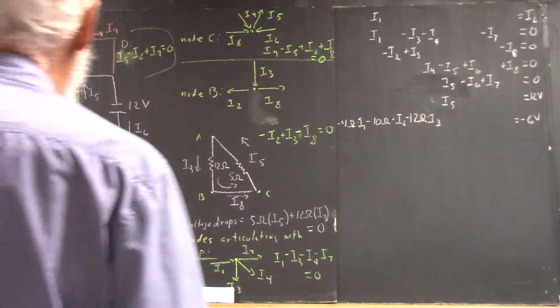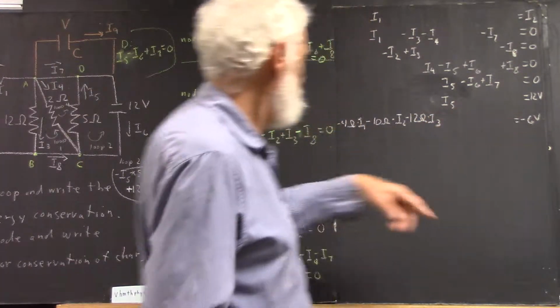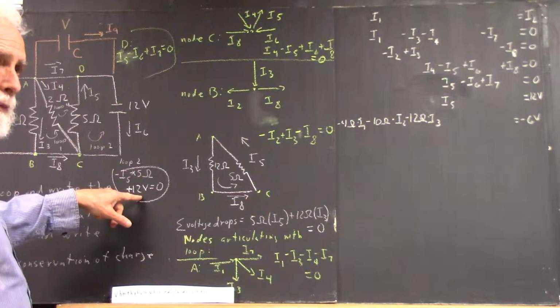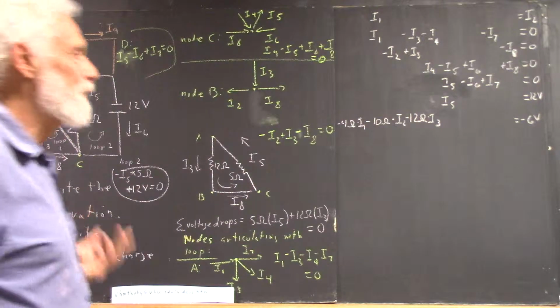Okay, equations. The equation for loop 2 is, I think we can still see it over here, negative I5 times 5 ohms plus 12 volts equals 0. For a couple of reasons,